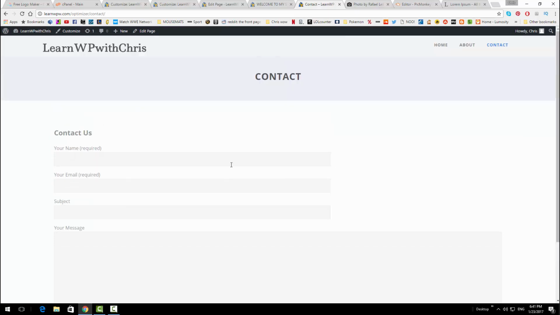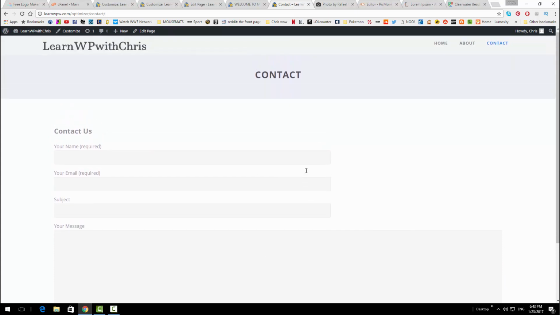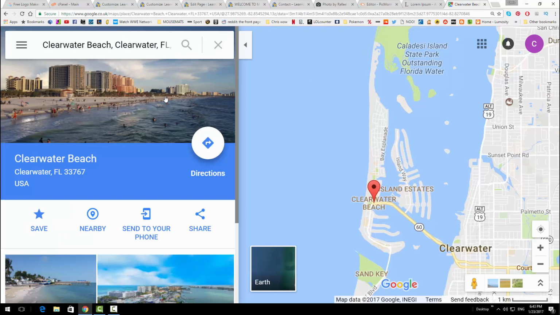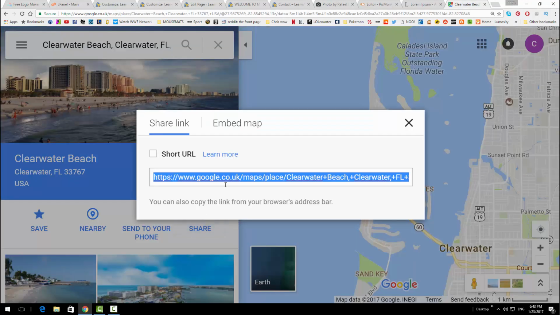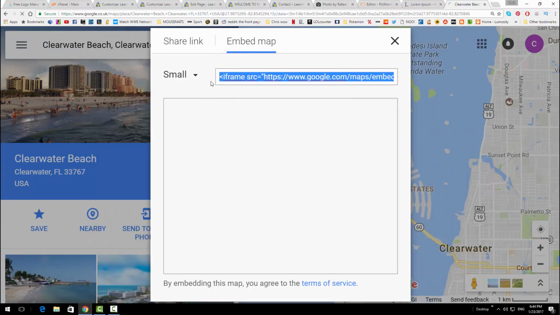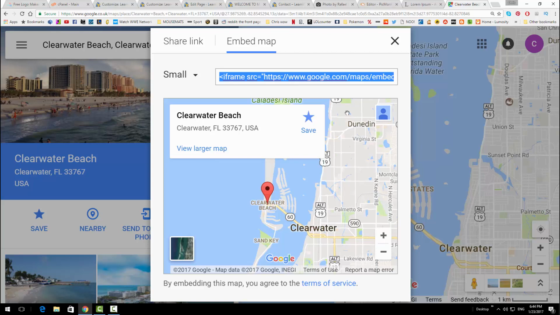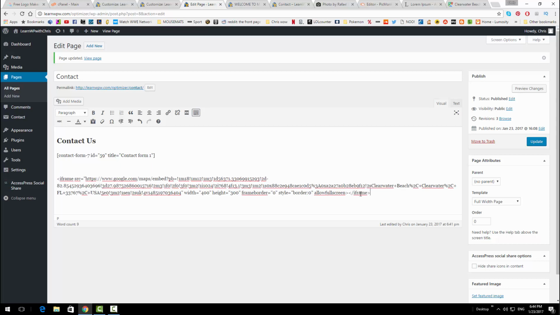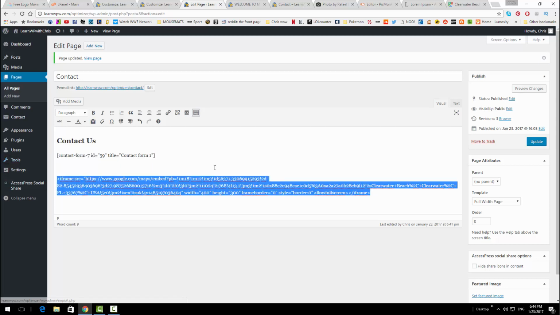Another good thing to do here is to actually get a map of where your business is. To do that, you want to go to Google Maps and find your location that you want to use, and then if you click on share here and then embedded map, I'll just go small, and if you just copy that there and take it into where your contact us page is, I'm just going to put it below. It may seem a bit big. I might put it to the right and see if that changes anything as well. Align that to the right, update,